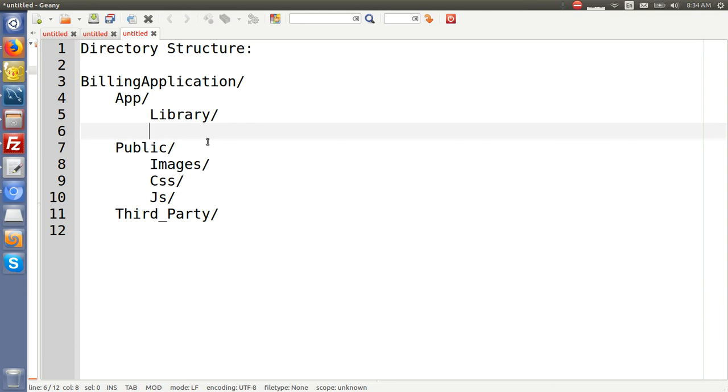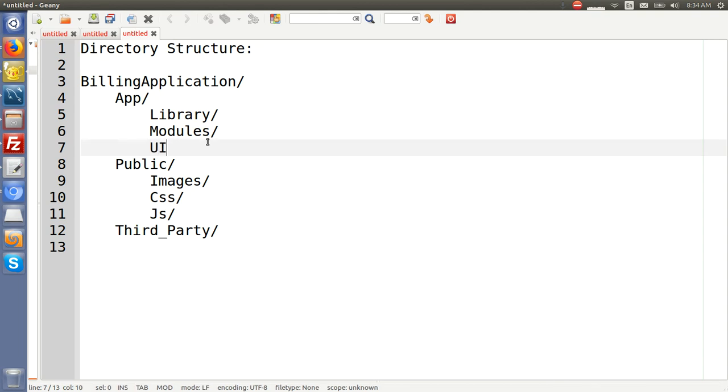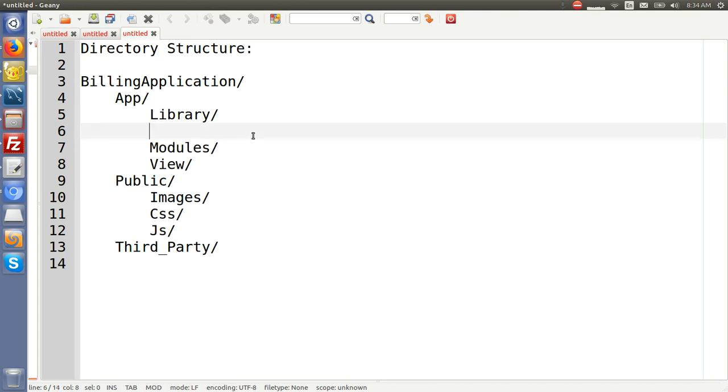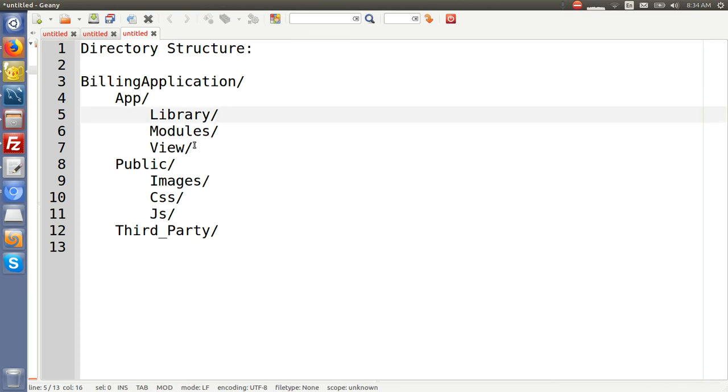And then we'll be using the application, what I can call the modules folder, and then the UI, or we can consider it as a view. And also we might need one more. I think what we can do is have the